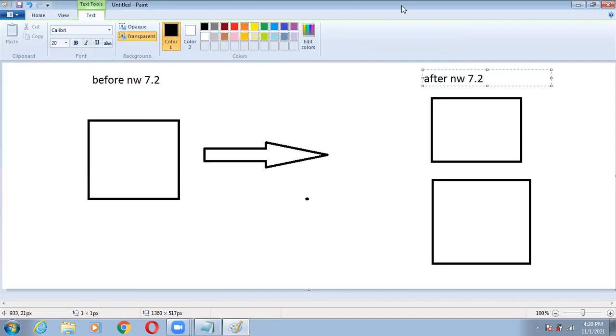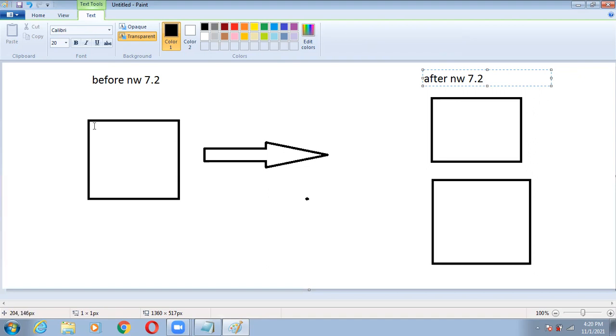So see, before NetWeaver 7.2, all the things are in one box, and after NetWeaver 7.2, this single box got split. It's split into two boxes.